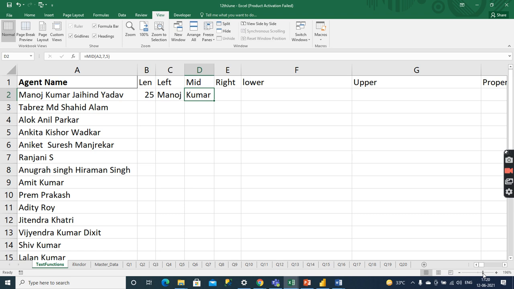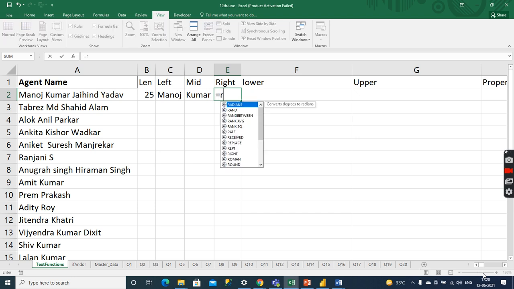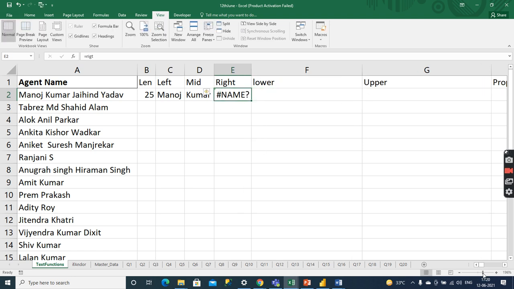If I have to take data from the right side, I will take the right function, comma 5. So we got the right function.